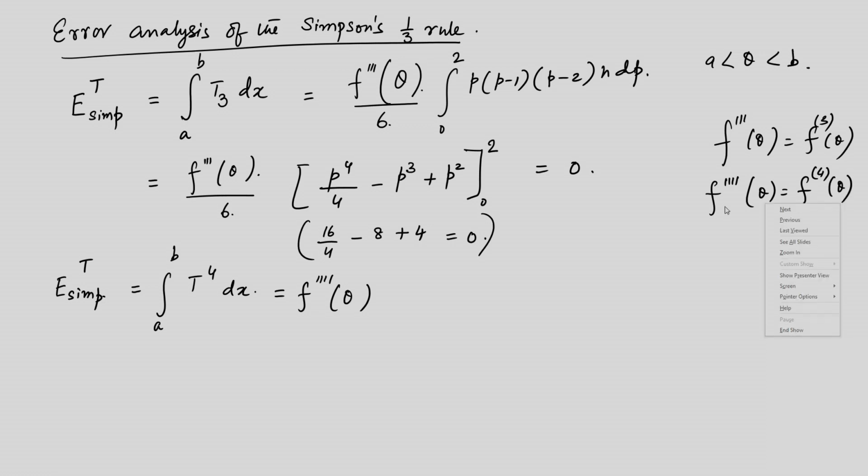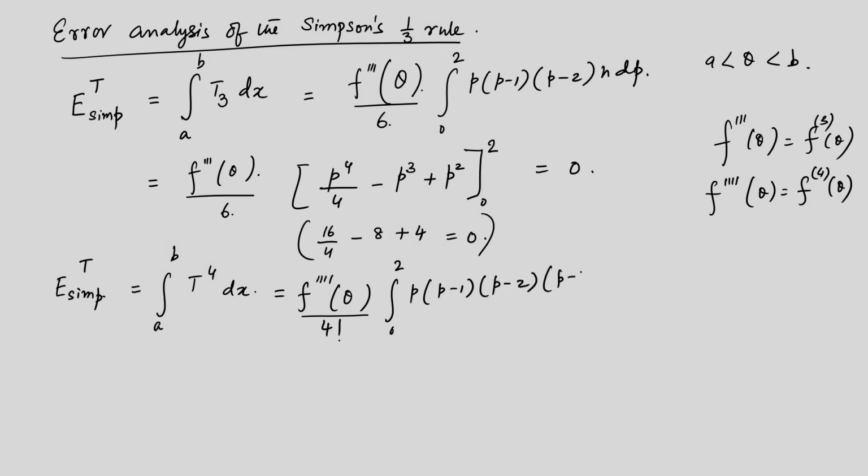So anyway, we will go ahead with this notation at this moment. This is equal to this, and then there is a 4 factorial. This 6 is actually coming from the 3 factorial. So 4 factorial is nothing but, okay, we will write it, and the next step we can write there. It is from 0 to 2, p into p minus 1 into p minus 2 into p minus 3 h dp, and this one can be written as h